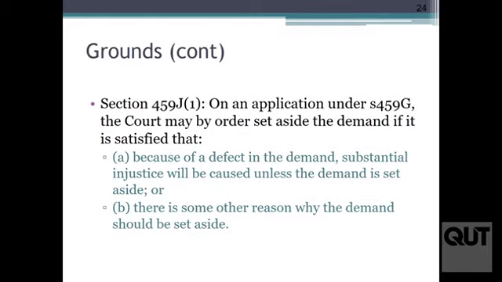So we've just covered one possibility. If you have a dispute about the debt or the amount of the debt, then you can apply, so this is a debtor company, under section 459G. You have to do it within 21 days and serve the creditor and give them an affidavit establishing why you're disputing the debt. And remember that you have to get it below that minimum if you want to have it set aside altogether. The other ground, which I just briefly mentioned before, is under section 459J.